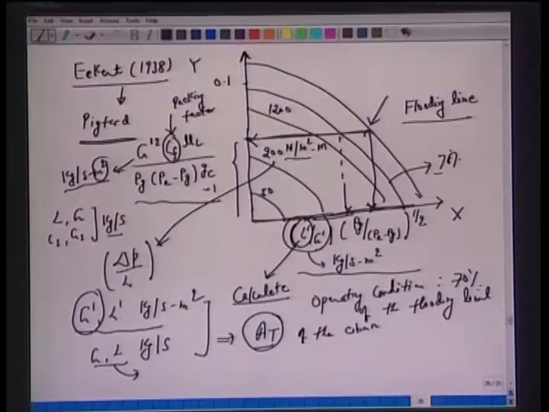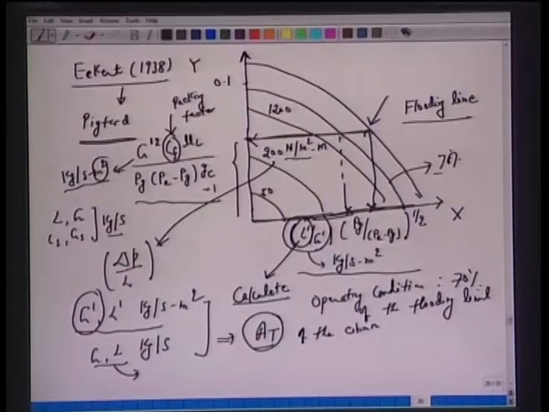Okay, so again, I'm going back to this design aspect of an absorption column. You must not forget that we have hydrodynamics and we have mass transfer, and very often it's an iterative process. Mass transfer may demand, given a certain type of problem, that I require 1000 kg per second. Okay, but it's possible that when we get back to this curve, 1000 kg per second of the liquid flow rate might give you an operating curve which is very close to this flooding line, or it's on the flooding line. That means one has to come back, change the size of this column, and redo the calculation for mass transfer.